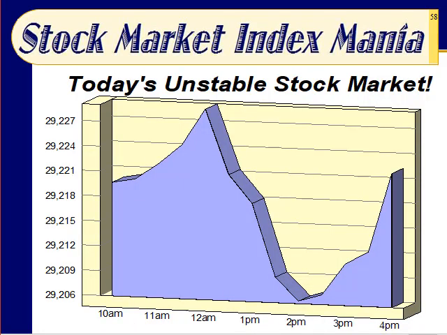Okay. What is going to happen every day on the news, right? They're going to want to get your eyeballs, get you in front of the screen or the newspaper if you still read newspaper, and they're going to try to scare you. Look at what happened in today's unstable stock market on slide 58. We started at 29,020 and then skyrocketed by noon and then precipitously crashed to 29,206 and then ended pretty much where we started at the end of the day. We started where we began.